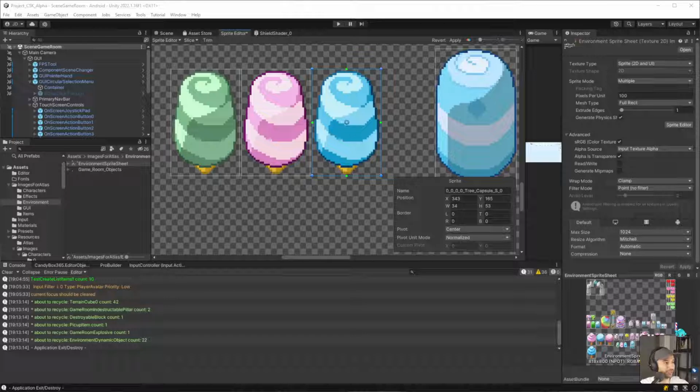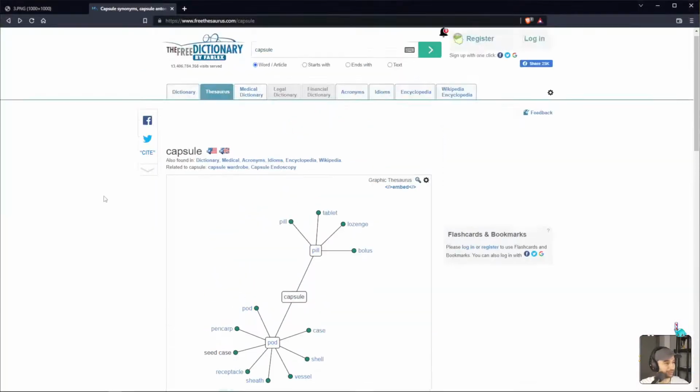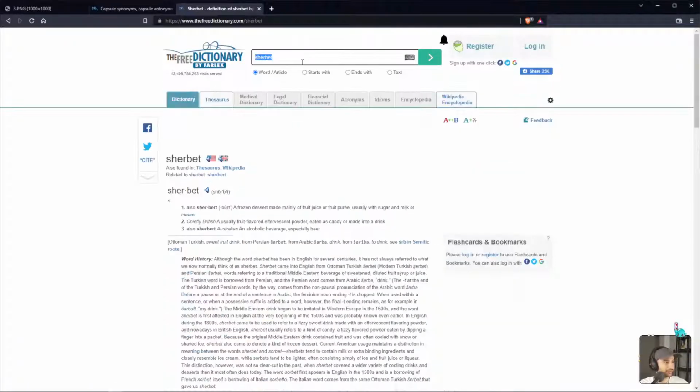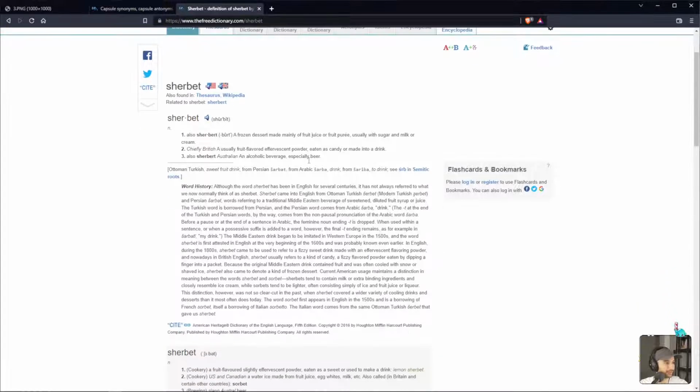I have no idea what that is. What is a sherbet? A frozen dessert made mainly of fruit juice or sugary milk kind of thing.